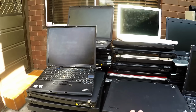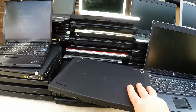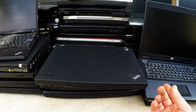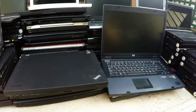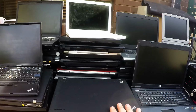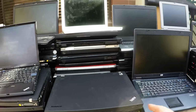A lot of laptops that we pick up as scrap don't have the power cord, so for a start we can't really even test them. Now, you can get a universal power cord with a whole heap of different ends on it that might fit your laptops to test them out, but selling them without a power cord is pretty hard, because the people that buy them won't have a charger. So yeah, as parts,